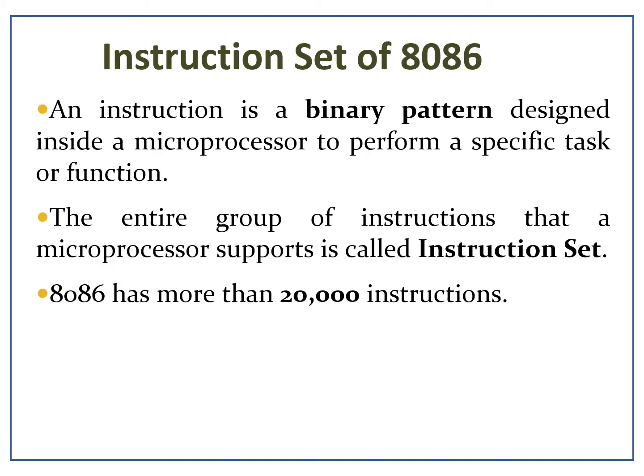Now move towards the instruction set of 8086. An instruction is a binary pattern designed inside a microprocessor to perform a specific task or function. The entire group of instructions that a microprocessor supports is called the instruction set. So 8086 has more than 20,000 instructions, but we will see